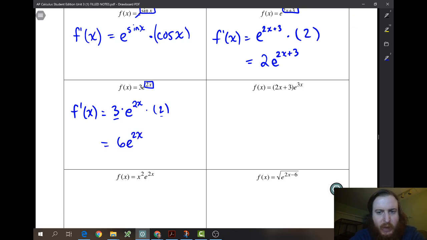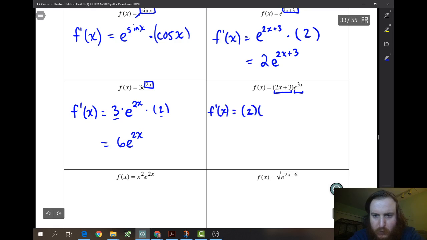Now in our next one, we do have an extra x. So when we have two terms that are next to each other, being multiplied, we do product rule. Product rule says take the derivative of the first, so the derivative of 2x plus 3 is 2. Leave our second factor alone. Then add on, leave the first one alone, and take the derivative of the second one. The derivative of e to the 3x will be e to the 3x times 3, or 3e to the 3x. So this gives us 2e to the 3x plus